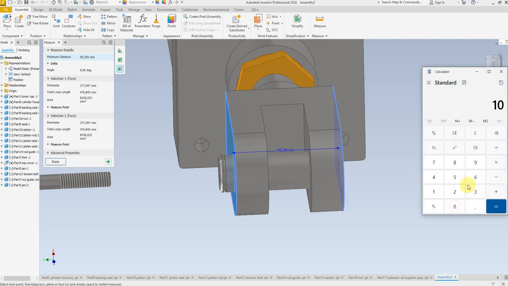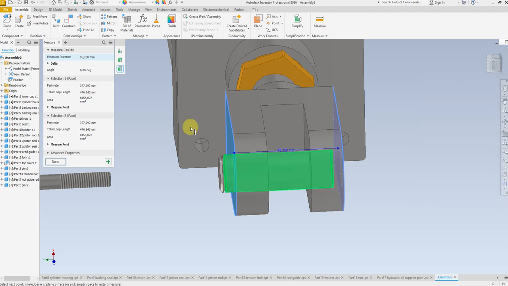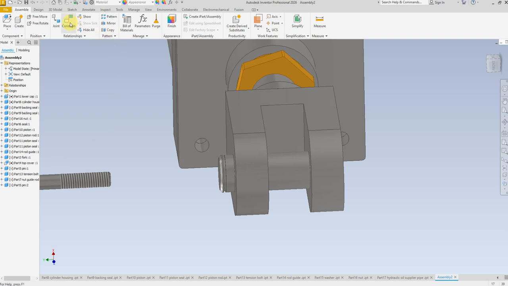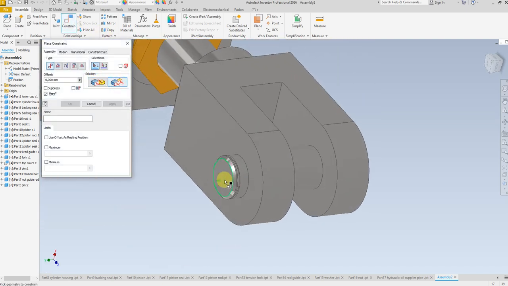We have 105 minus 95.250 divide by 2, 4.875 minus. Okay,